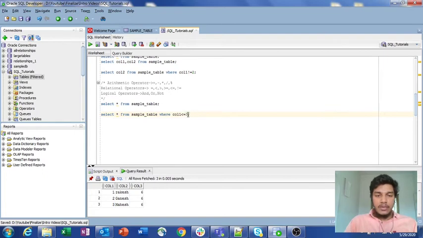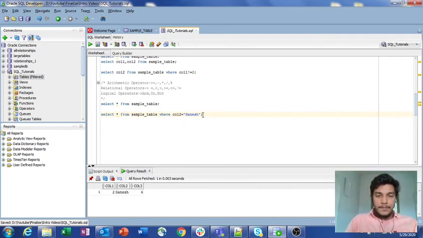Similarly, I can also make string comparisons, where column 2 is equal to Ganesh. If column 2 is equal to Ganesh, then it only prints that particular data.